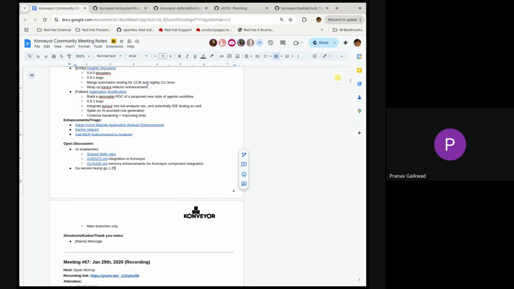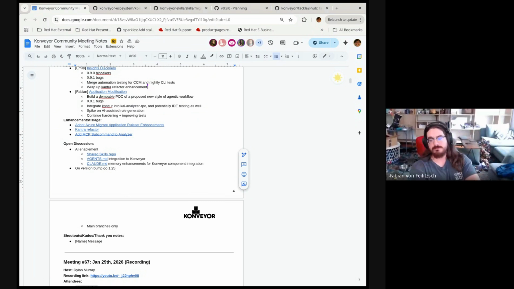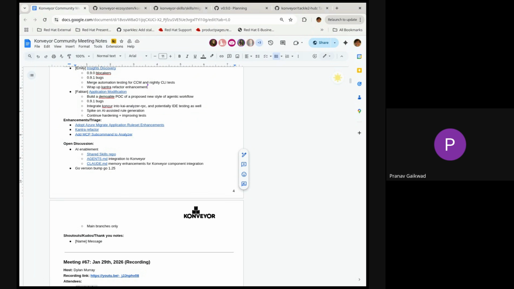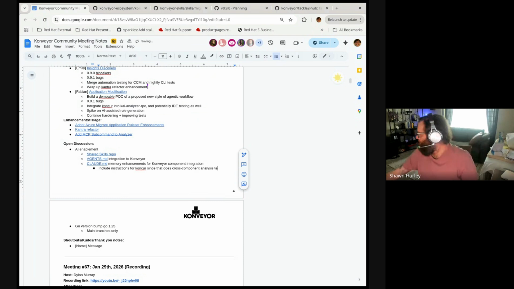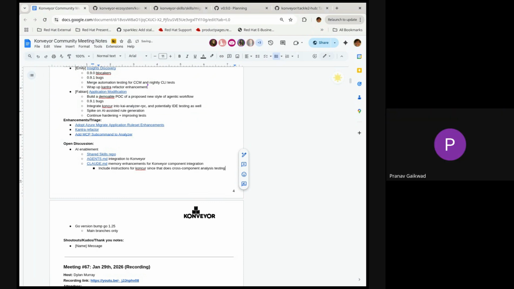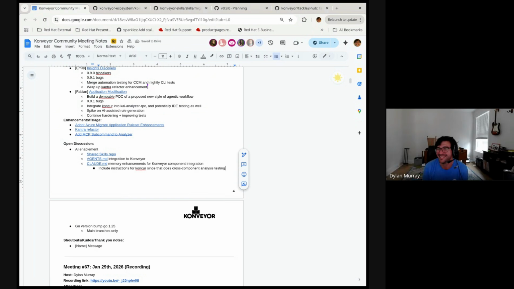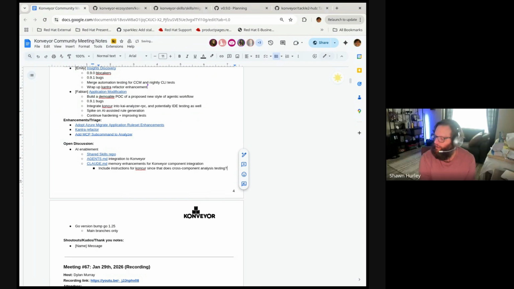I think this is also a great place to have instructions around Konveyor tests added, so everybody is basically helping add Konveyor tests with their PRs. We should talk about that. Yeah, I agree